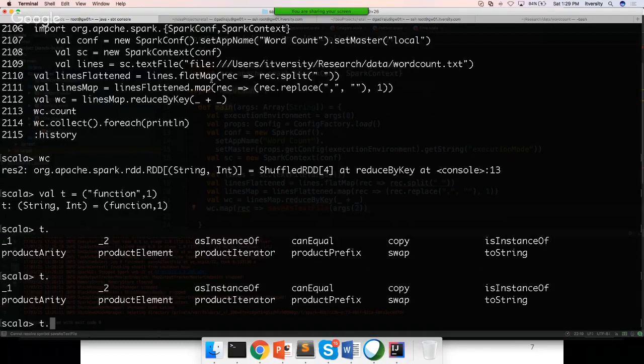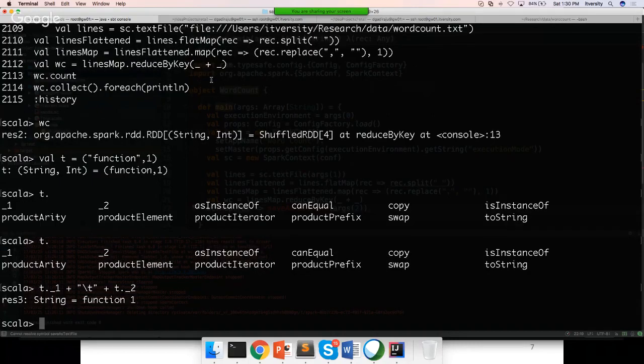Yeah, T dot underscore one plus tab plus T dot underscore two. Okay, so your map function should have the logic of this, where the elements are tab separated. On top of this, it also has a function called